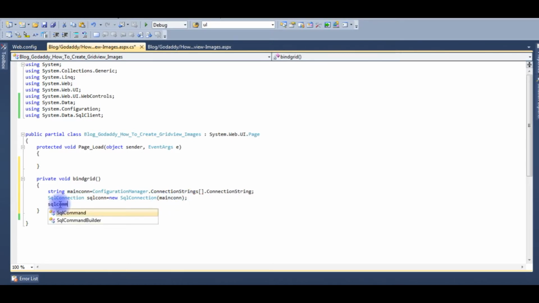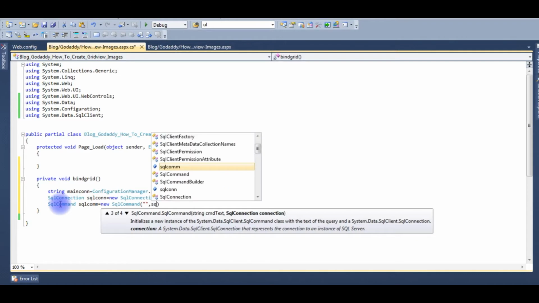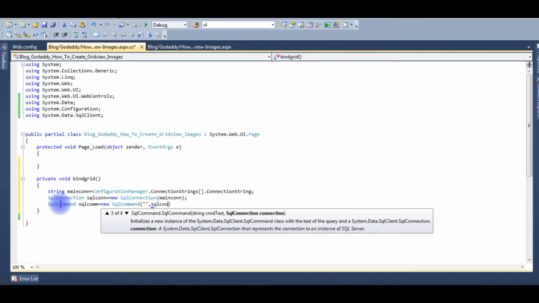After that SqlCommand sqlcom is equals to new SqlCommand, which takes two parameters. This is the SQL connection, and here